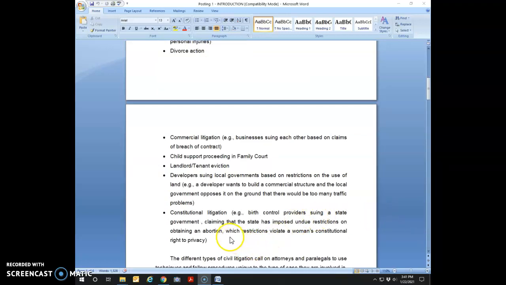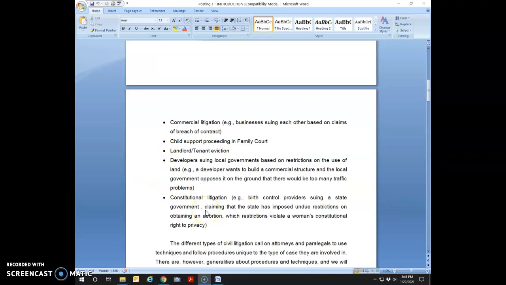Also, I'm looking at the last two, developers suing local governments. That's going to be a different type of civil litigation than the divorce case, or constitutional litigation. When I put this posting together, it was before the events of the last presidential election, but certainly there was a lot of constitutional litigation brought unsuccessfully. I think it was about 60 cases that were lost, challenging the results of the election